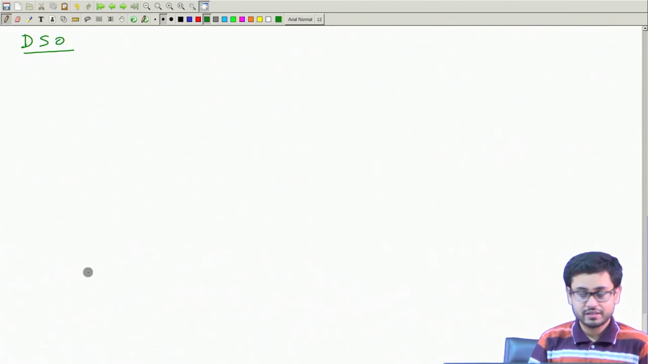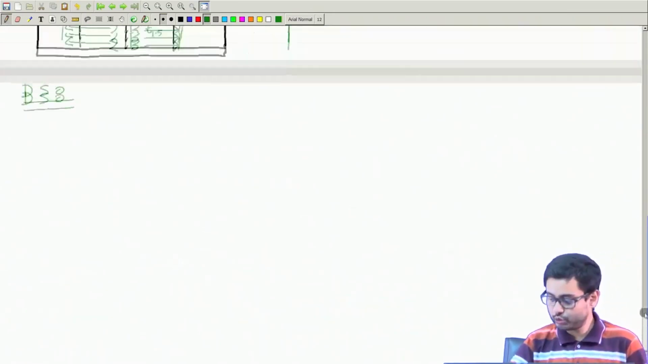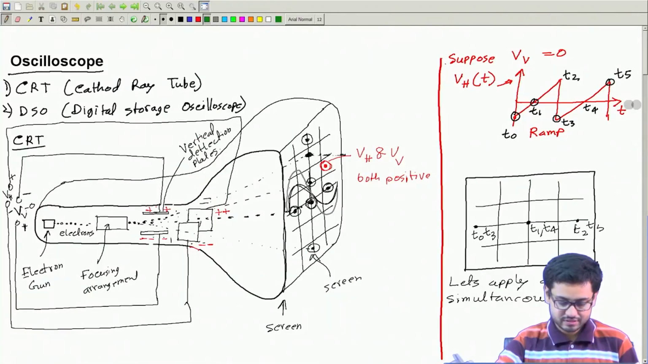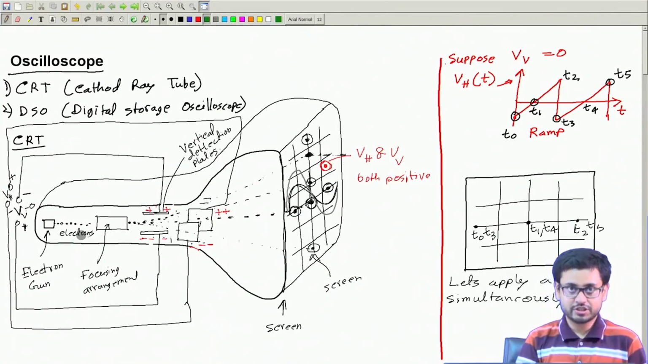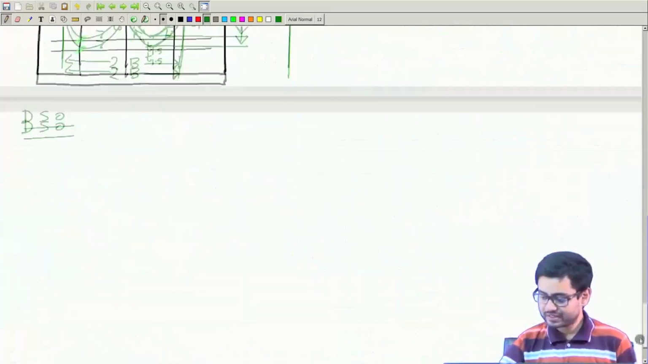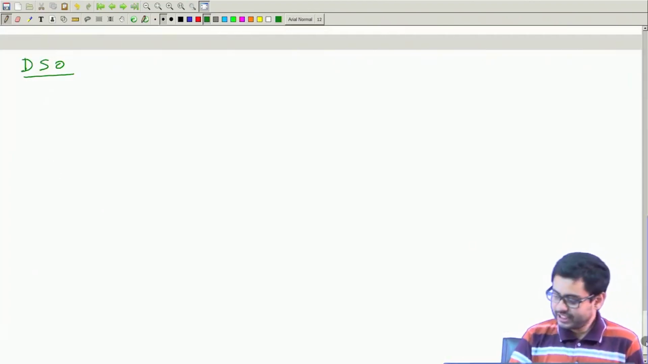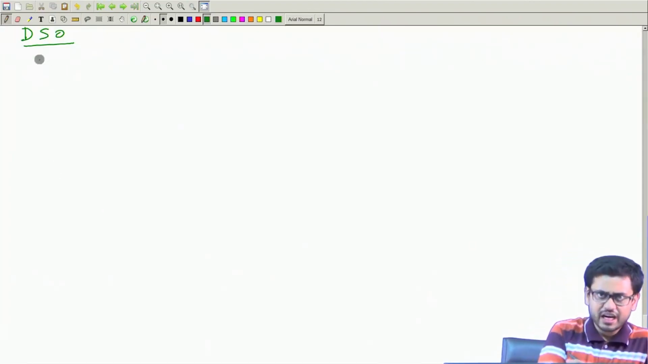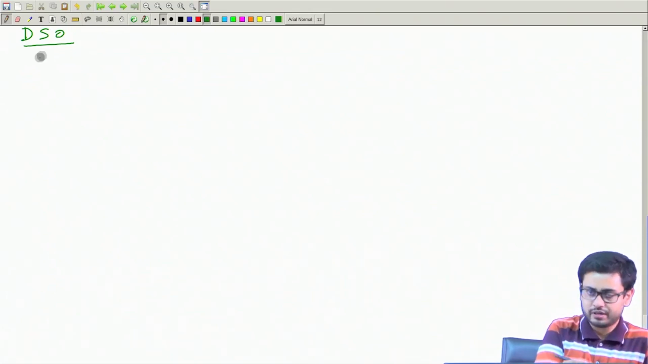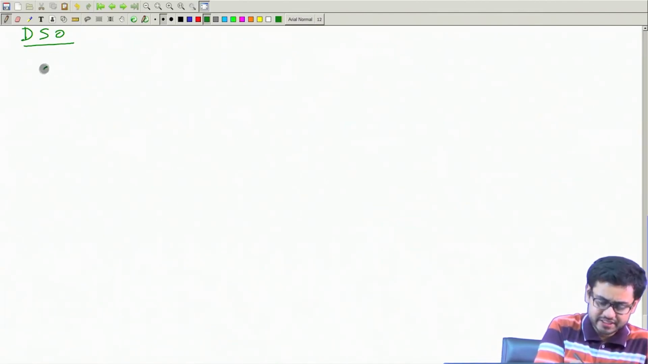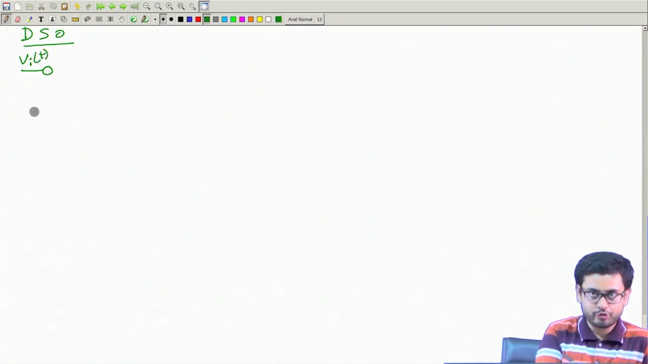How does a DSO work? A DSO doesn't have a cathode ray tube like this. This is not present in a digital storage oscilloscope. What does a DSO have? Broadly speaking, it works in this way. Say this is an input waveform, call it Vi(t). If this is the input waveform,